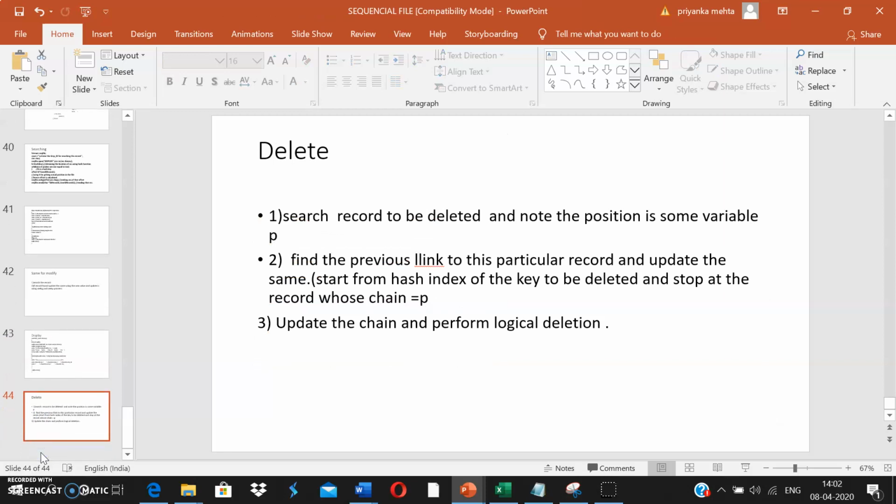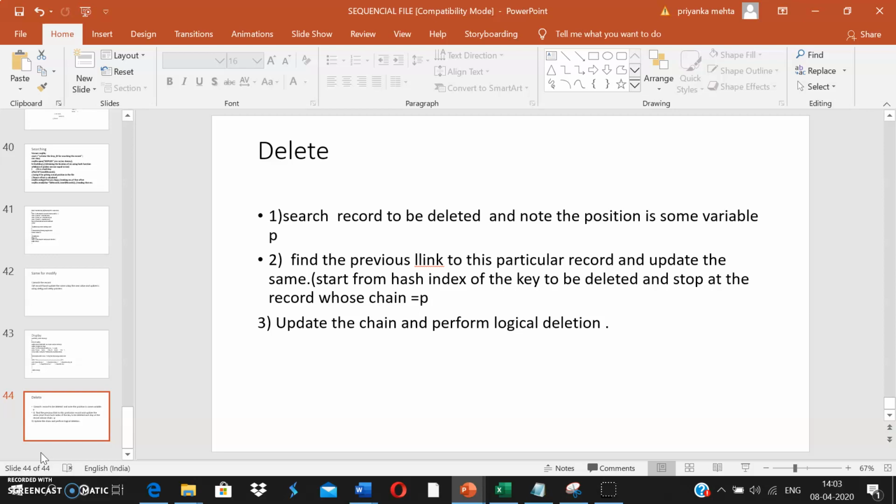Then, say, delete operation is very simple. You just have to do certain changes. Try this once and let me know if you're having any doubt. You need to search for the record that needs to be deleted. First you have to search for the record that has to be deleted, and you have to store the position of that record in some pointer, let us suppose P, right? Then you have to find the previous links, because now if the records are logically deleted, the links need to be updated.